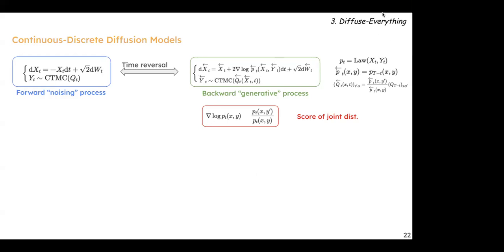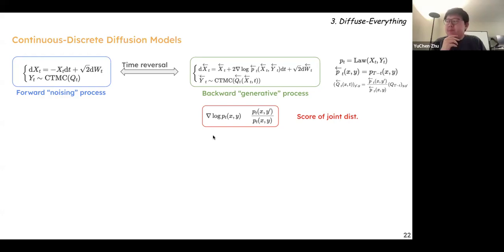I have a question. Sure, yeah. I noticed that although the continuous drift term relies on the discrete term, it's not the vice versa. So it seems that the Q_t only relies on the continuous one X_t, but not on the Y_t. I see. Yeah, that's the